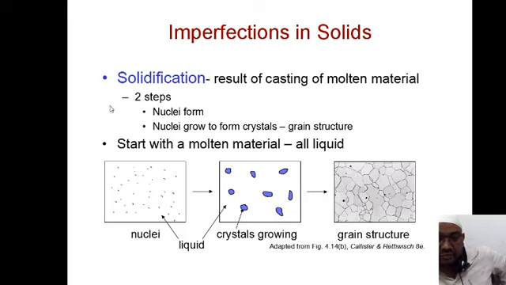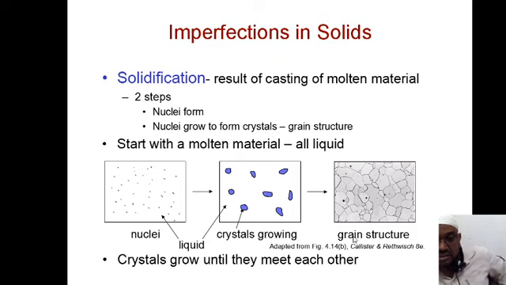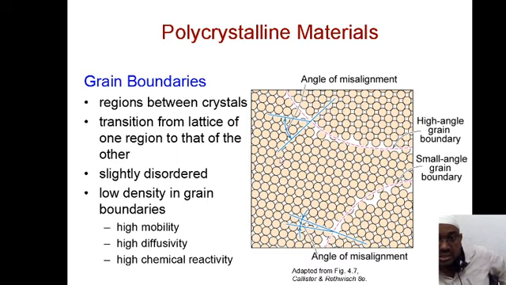So how is it possible? First of all, nuclei form, and these nuclei grow to form a crystal. You can just see the crystal growing here. One should be very clear that we can grow the crystal in laboratories also. Now this is a liquid, and these are the nuclei, which have been displaced and have grown, and after growing you'll have a structure like this. And you see the regular boundaries here. The regular boundaries constitute the crystal structure. So crystals grow until they meet each other. Now this is the type of grain boundaries.